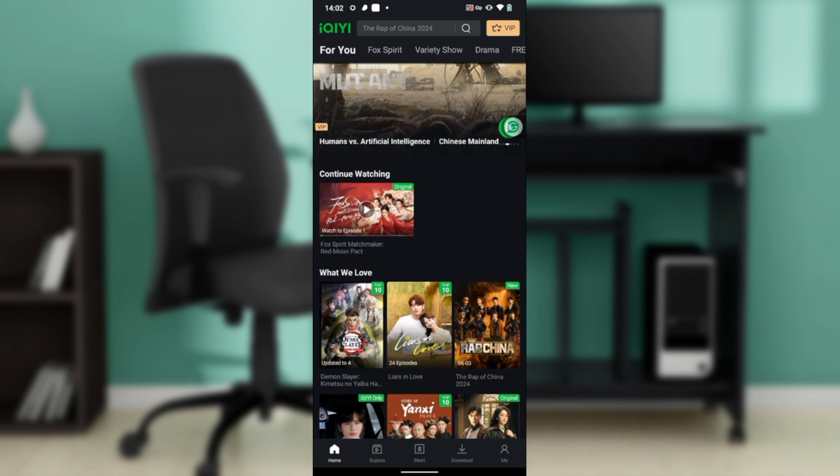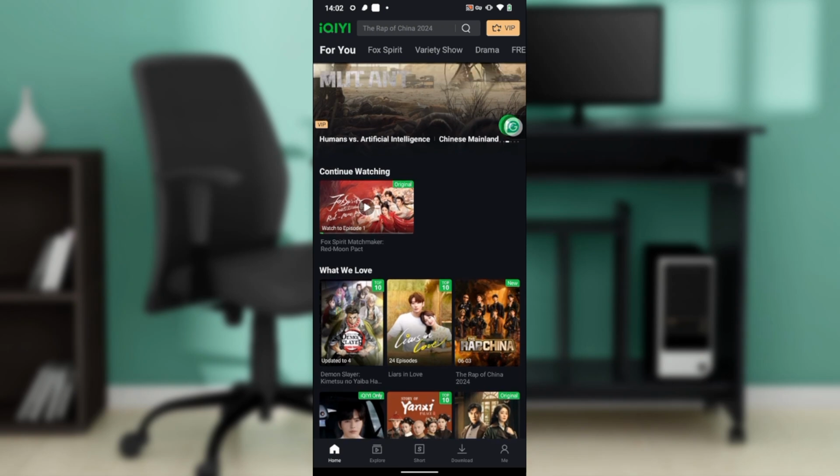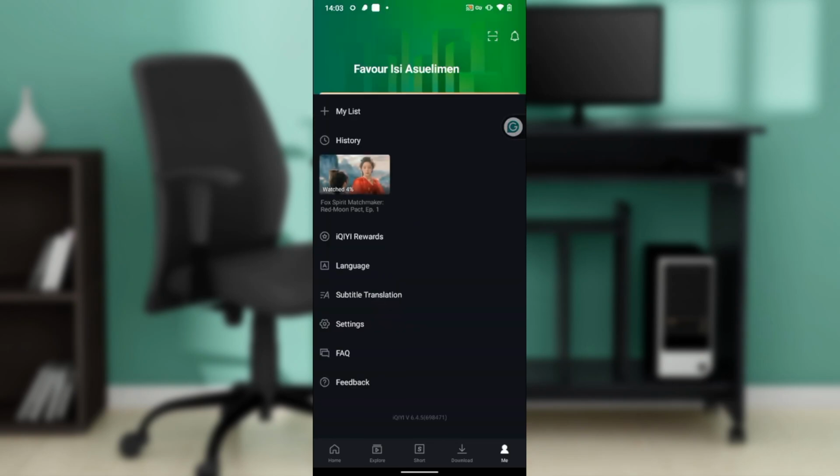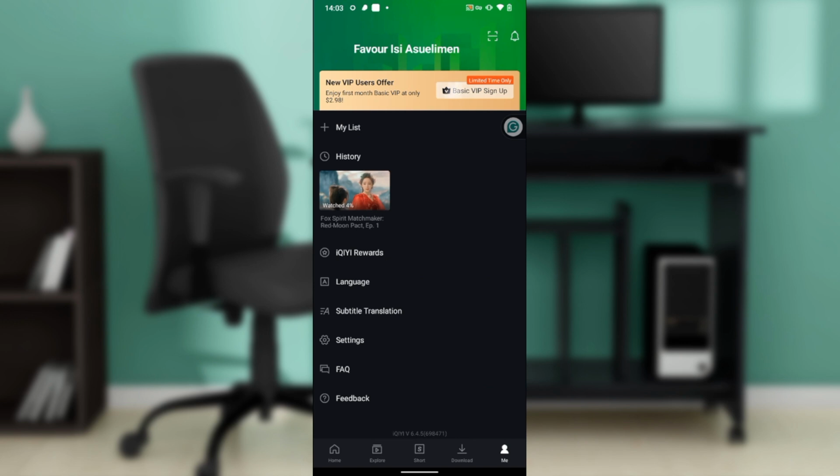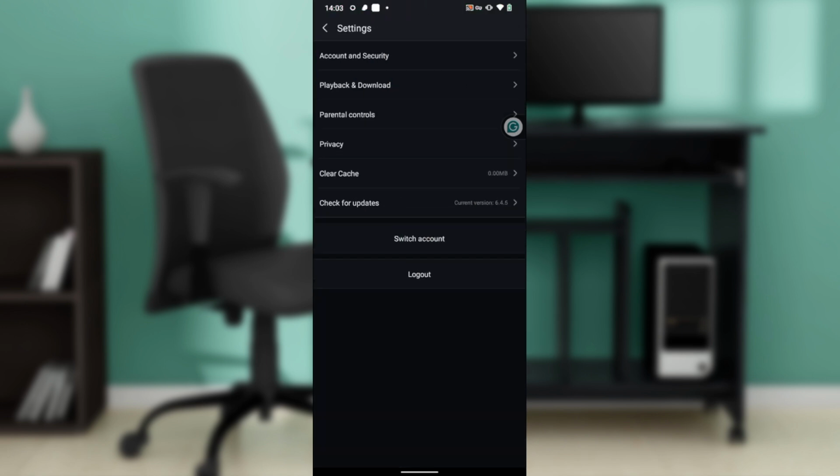You have Home, Explore, Short, Download, and Me. So click on the Me icon and it takes you right into this window where you have My List, you have History, IQIYI Rewards, you have Language, Subtitle Translation Settings, FAQ, and Feedback. For you to log out, go ahead and click on Settings, and once you click on Settings, it takes you